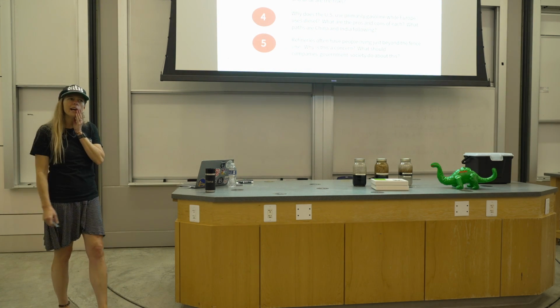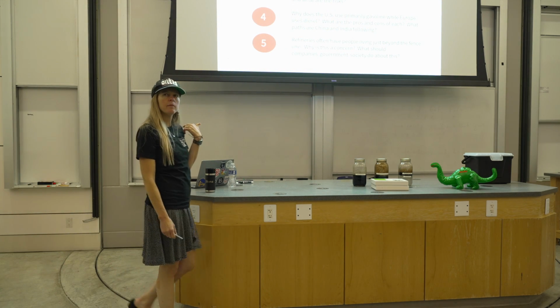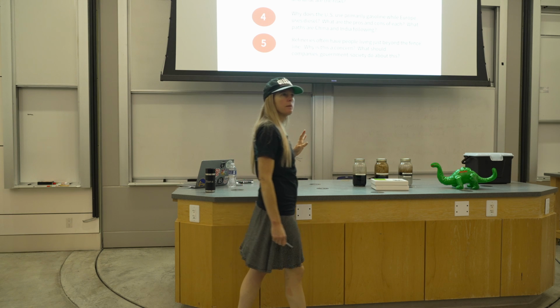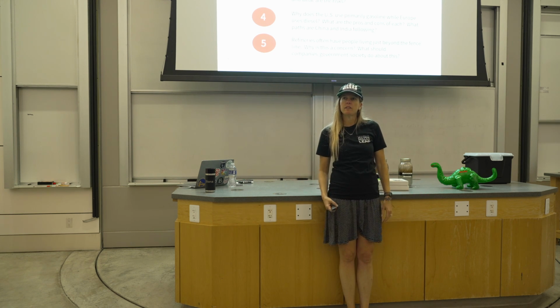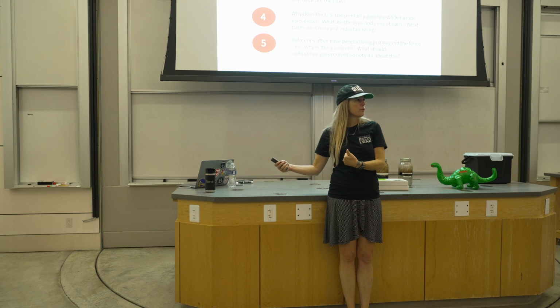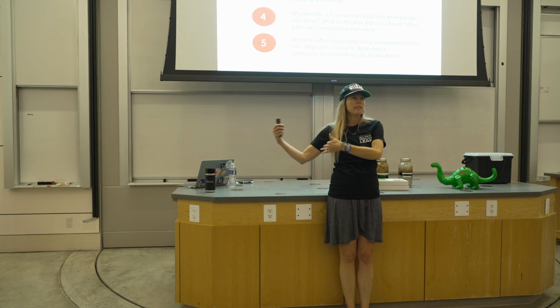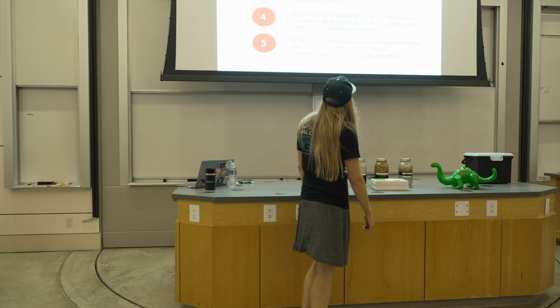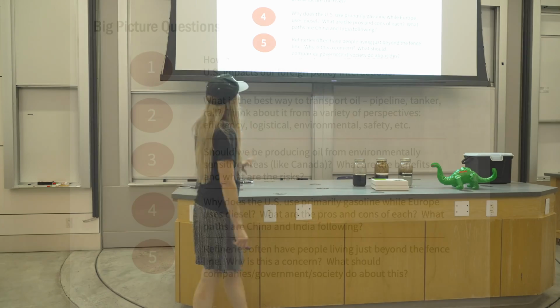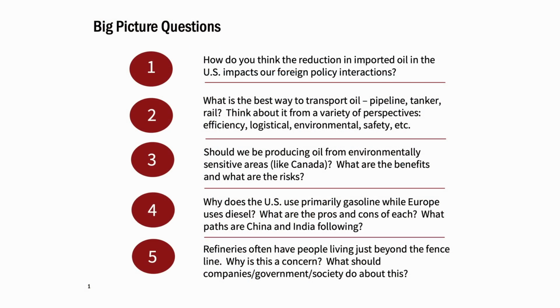All right, so let's talk about oil. You've already gotten some review of oil, so we'll skip through some of it because we've already talked about some of the upstream aspects, right? Jane talked us through intro to fossil fuels, gave us a big picture, and then how do we get the oil out of the ground? And so we're going to talk mostly today about making the products from oil that we want and the markets a little bit and what influences our economics. But these are just some big picture questions to kind of keep in mind as you're thinking about oil.